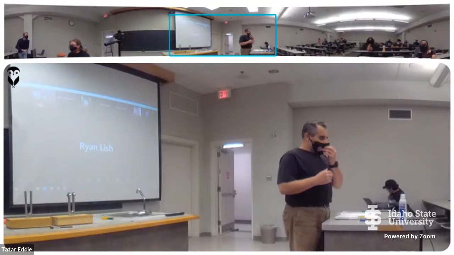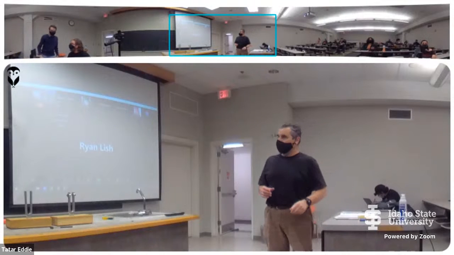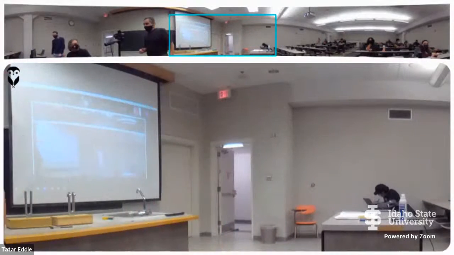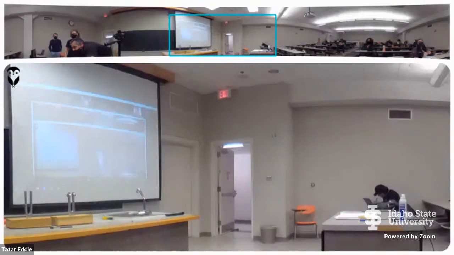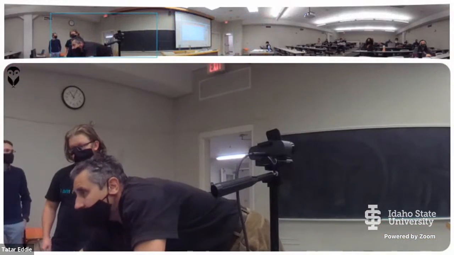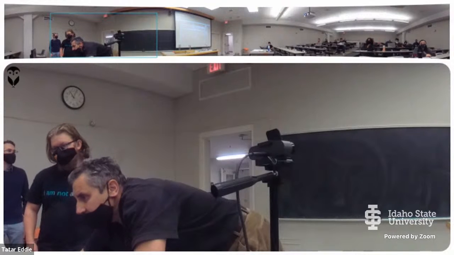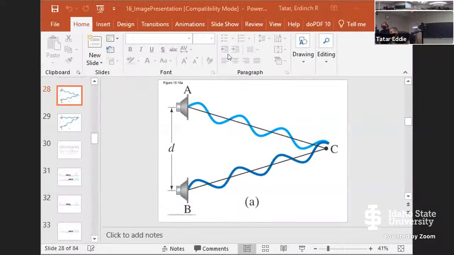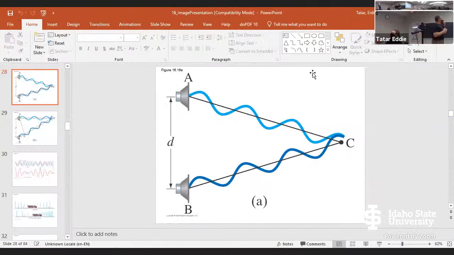So we started talking about interference and diffraction, and here is a diagram that clearly shows the interference picture created by two. Okay, this will work. Let me just share it. Okay, so here it is. So you see that